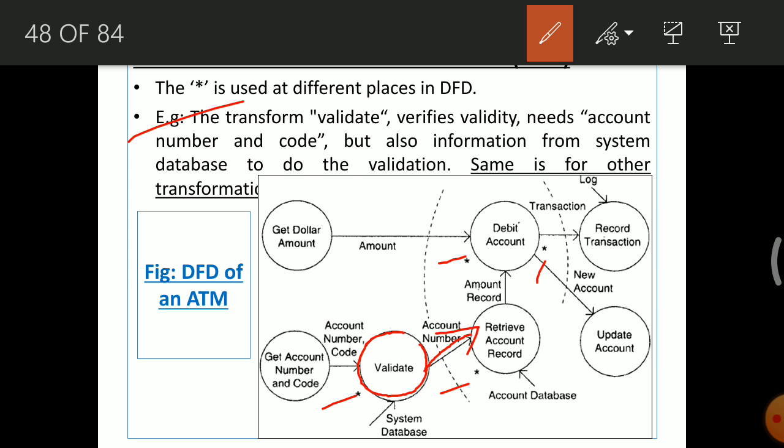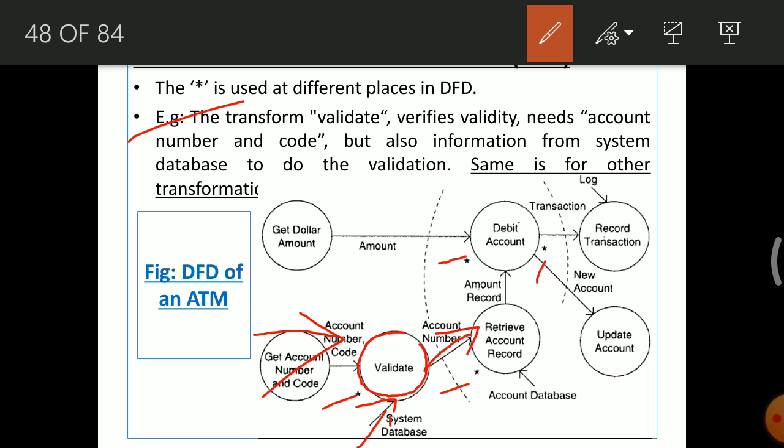So for finding the validated account number, it requires information from the system database, like from this, and it also requires the account number and code from this module.